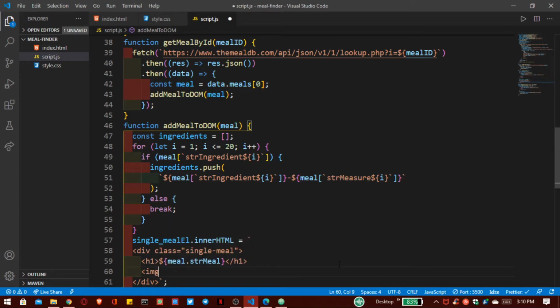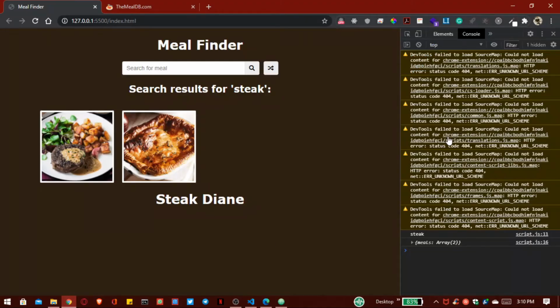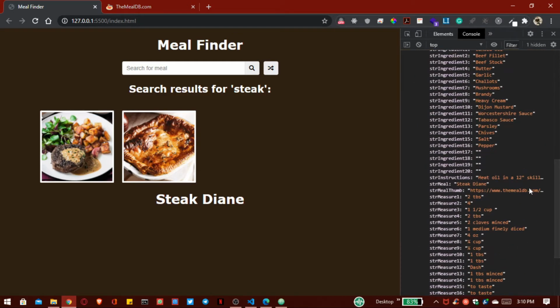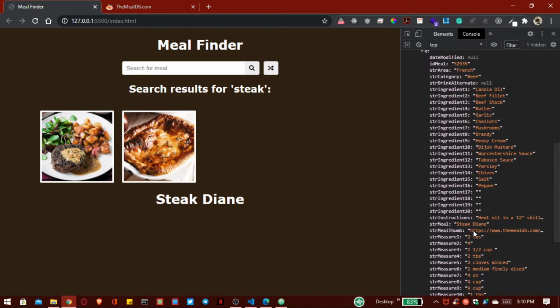So I write here image source is equal to our image name, that is meal.str meal thumb. You can see here our image link is inside this str meal thumb.